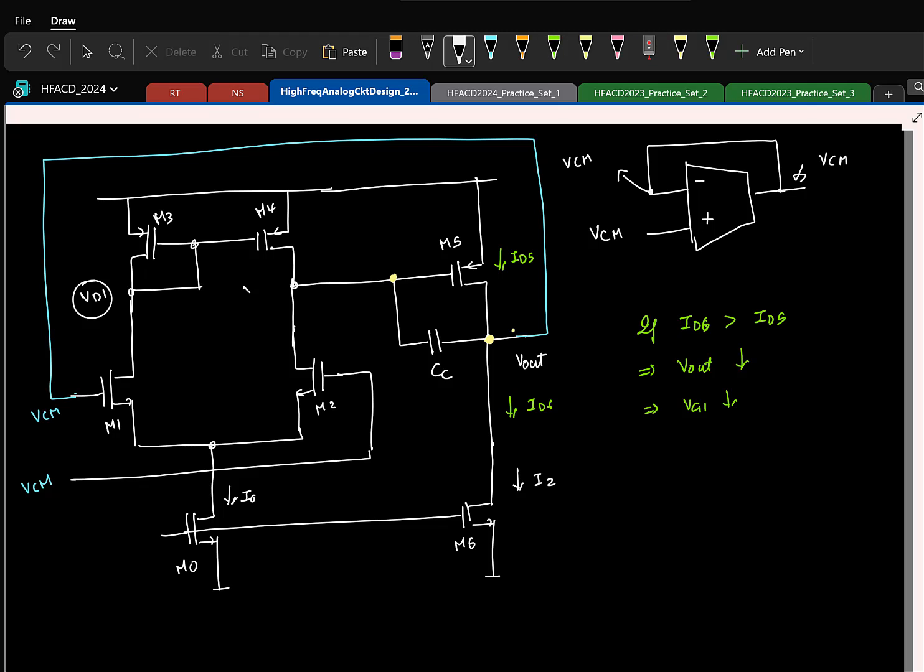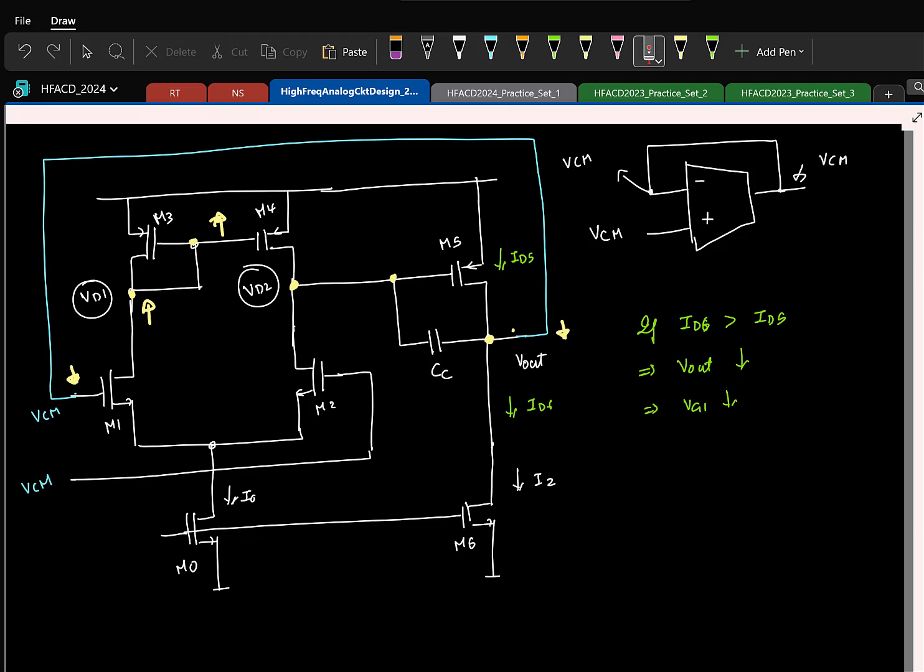So then what can you say about VD2? Basically what I'm saying is this voltage reduces. That is basically reducing this voltage. So what will happen to this? Increases or decreases? Okay, see, if the gate voltage here drops, what can you say about the drain voltage here? Increases. So which means this gate voltage increases. So this one,